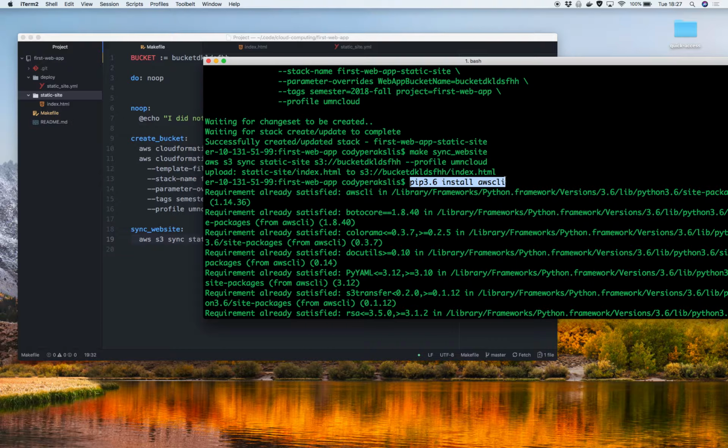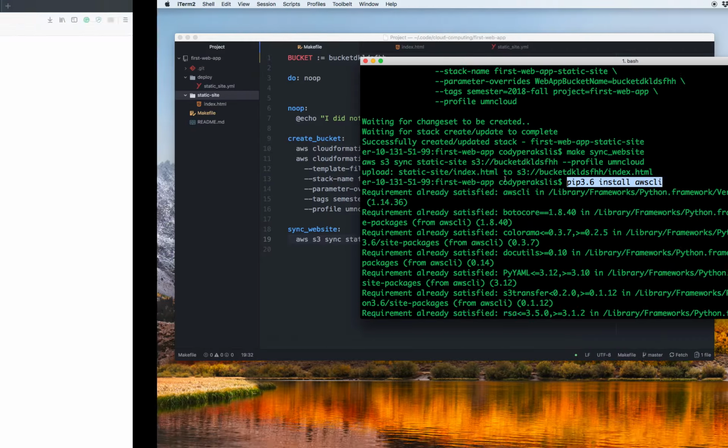But pip install AWS CLI, and then after that, you'll have all the AWS commands to run. And then there is one more. There's always another step, but there's one more step beyond this. You need on your local machine to have the ability to talk to your account. So you're going to need